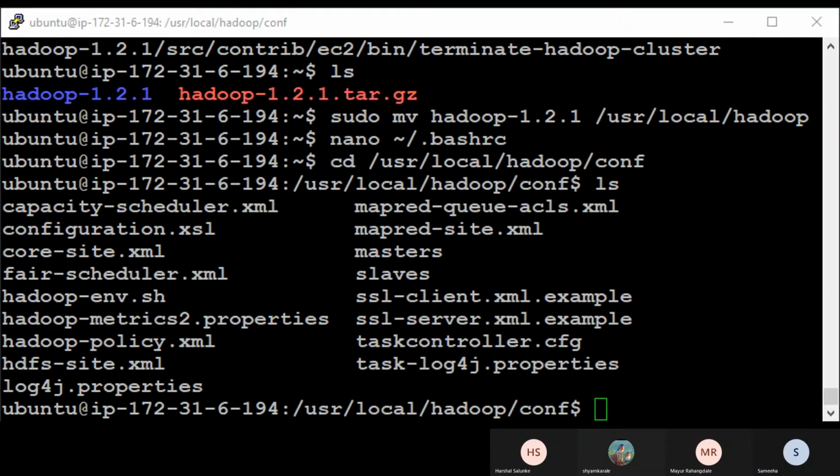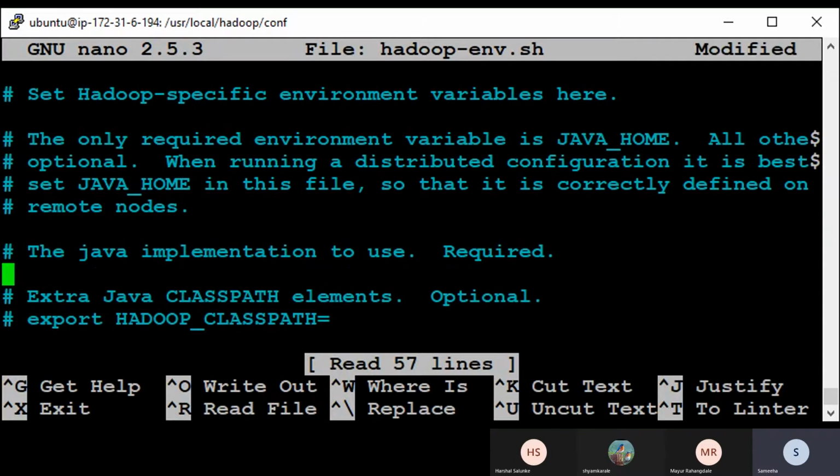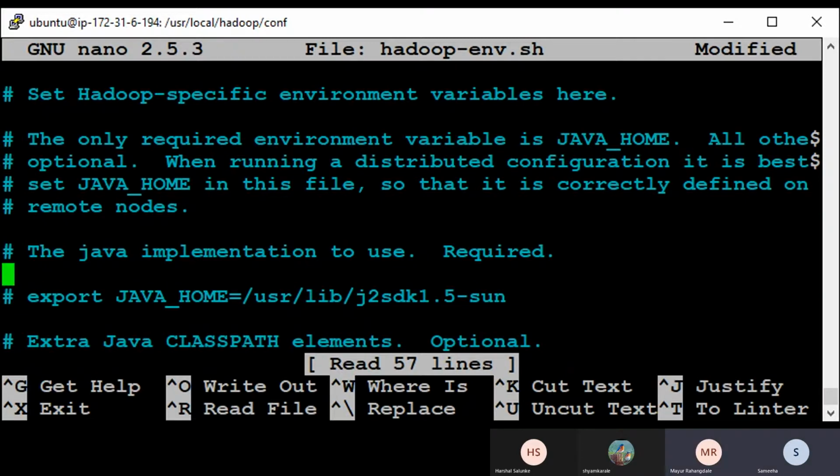Copy. From here, so we just Control K. Not here, come down. Okay, Control X. You had pasted it in a wrong place.